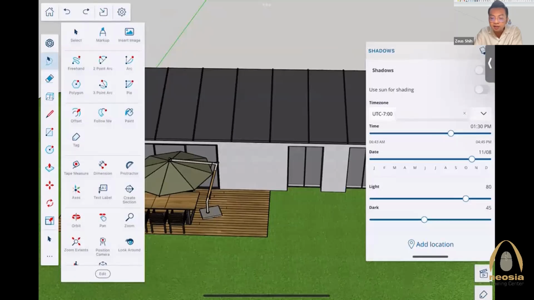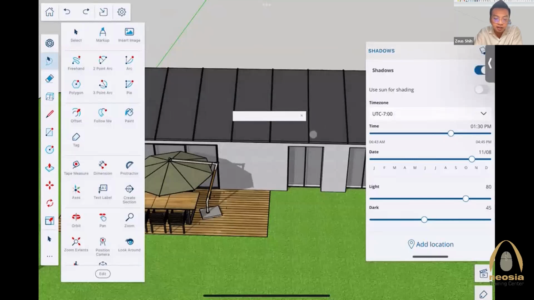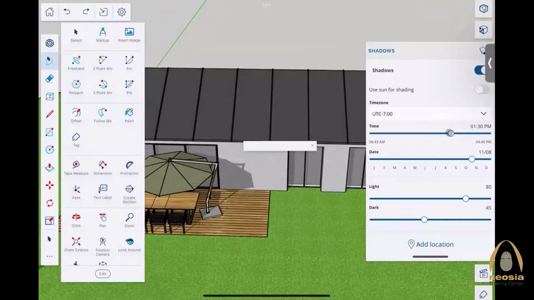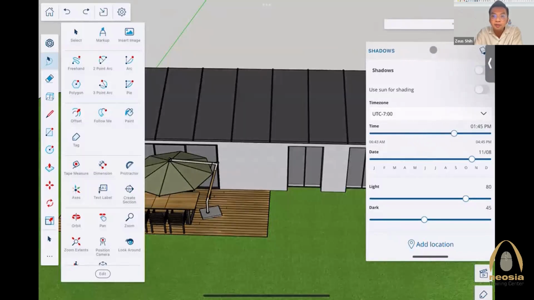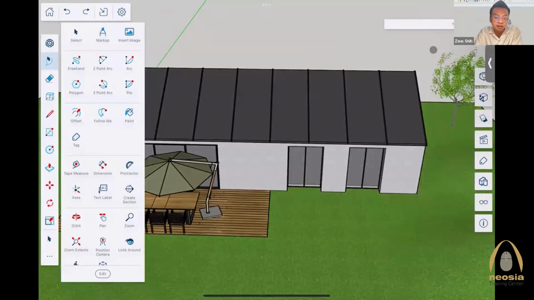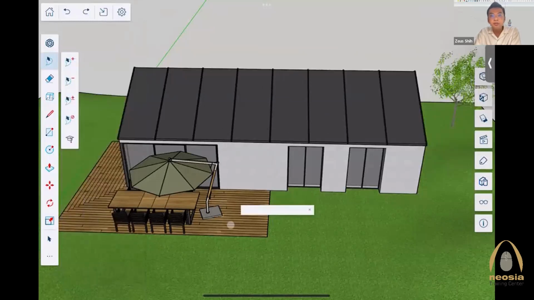Okay, something like if I turn on the shadow, you can see the shadow, right? And if I move the time, you can see the shadow changed. So in order to make our performance better, I turn off the shadow. Okay, so what I'm going to do is I get the model information from Rizky, and maybe I just feel